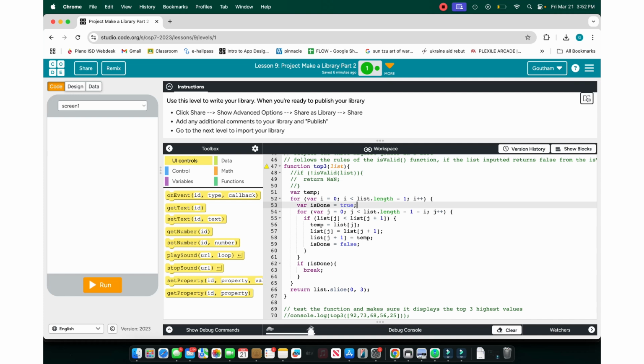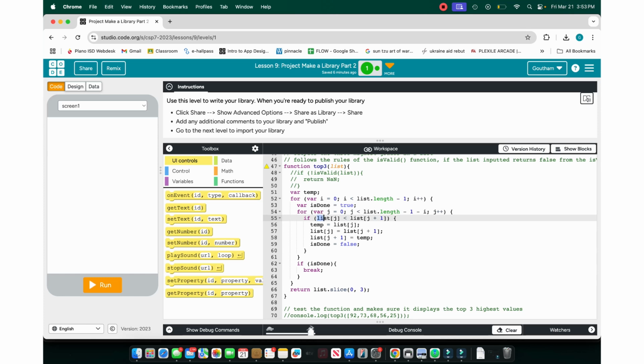This one's looping from left to right. This one loops from wherever I is to the left. So essentially you're going in 2 different directions. And how this works is that first you have the temporary variable, right? Then, when you're looping through the list with I, you make sure